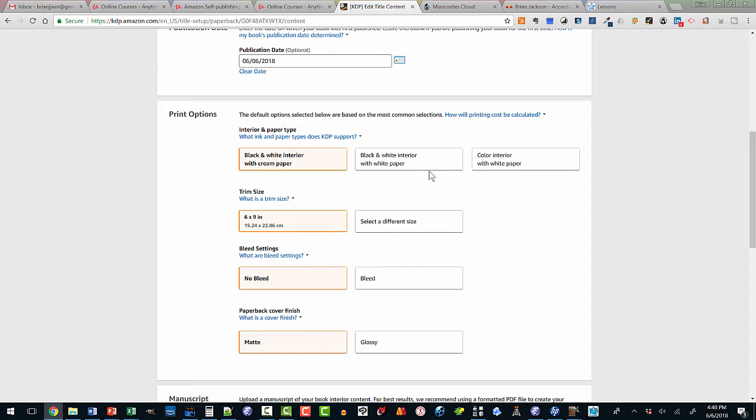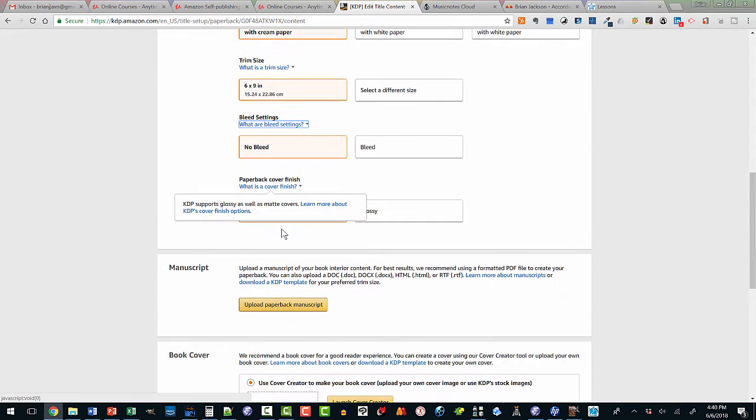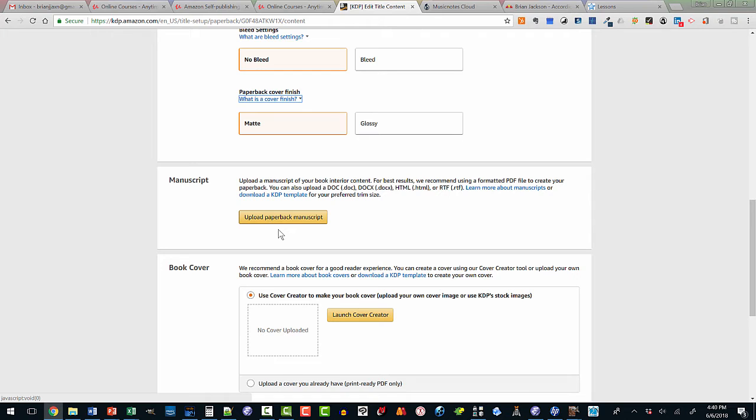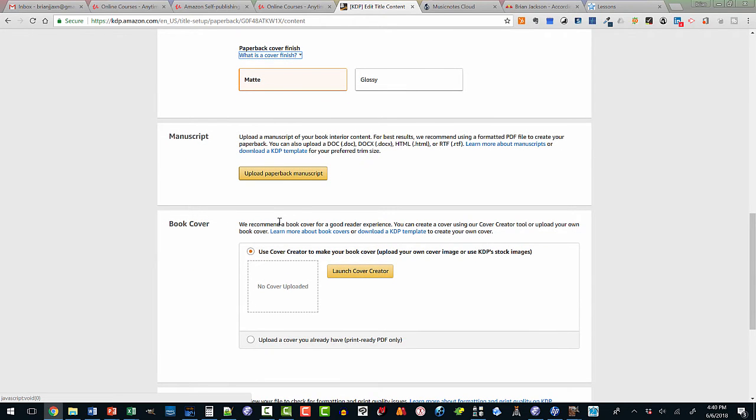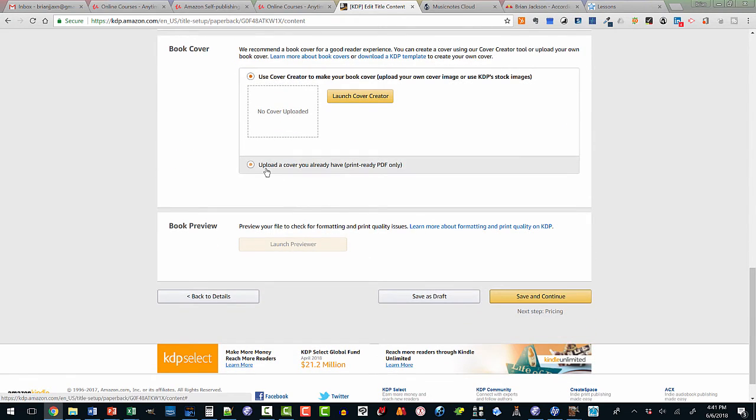Do you want it colored? Do you want it black and white? Do you want it on shiny or cream paper? Yeah, the dimensions, we've set up our dimensions as 6.9 before with no bleed and matte. Upload the paperback manuscript. So here we're going to upload the paperback manuscript, and you can either launch the ebook creator or you can load a